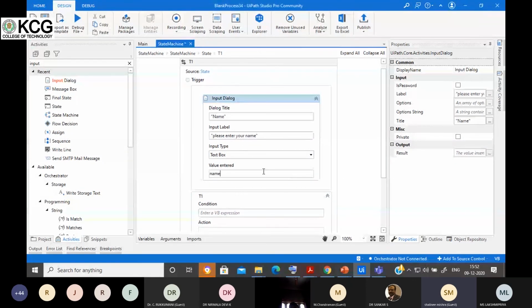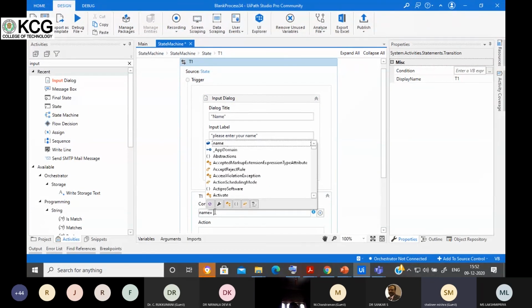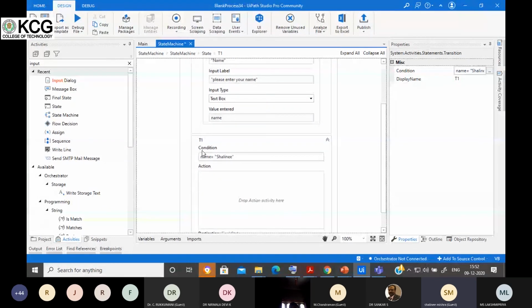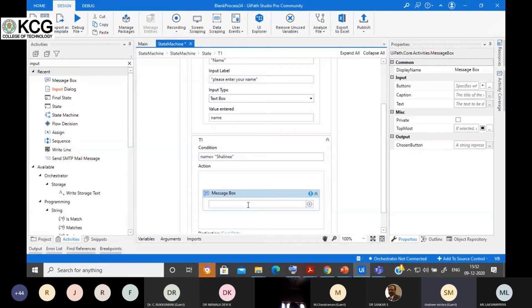I created this inside the trigger. Now I'll put the condition: name equal to, suppose, Shalini. If this is true, I'll take one message box action inside this action box, and I'll write here, hello Shalini.